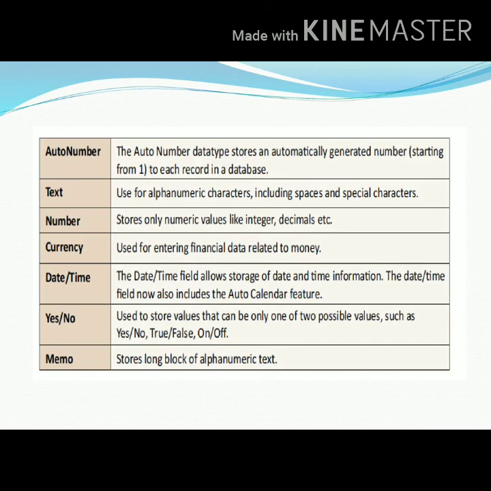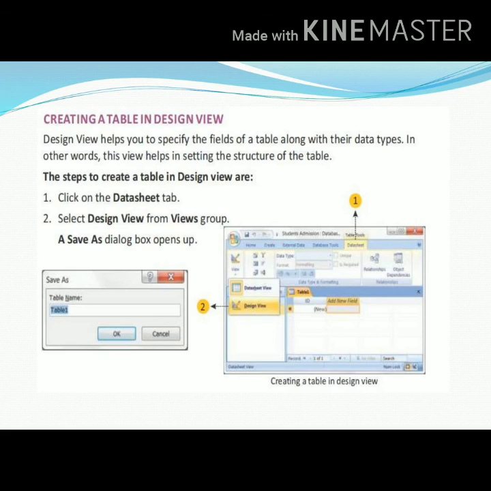Next one is currency. Suppose you are entering the data, for example school fees, it will be in number, but it should be in currency. Salary, so that is currency again. Book price, that is a currency again. So date and time, so date of birth, student's date of birth, if you are entering it, compulsorily you can take this date and time data type here, which includes the automatic calendar feature. You can select the date, month and year.